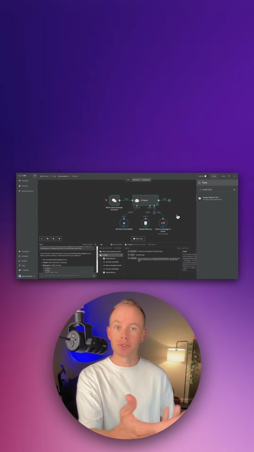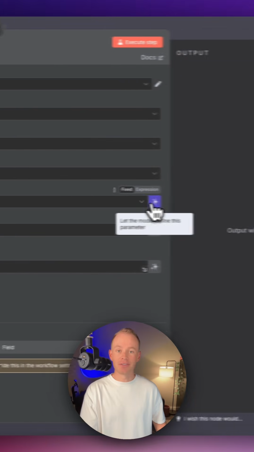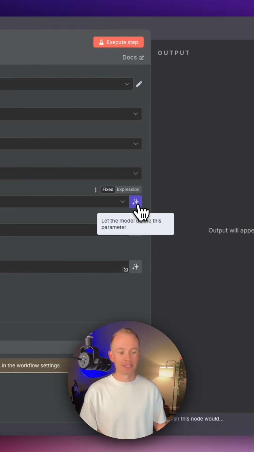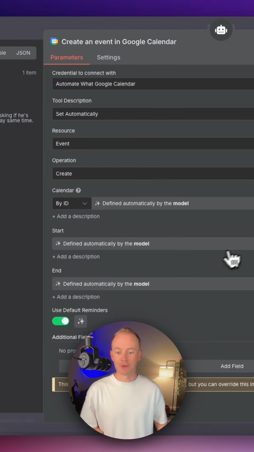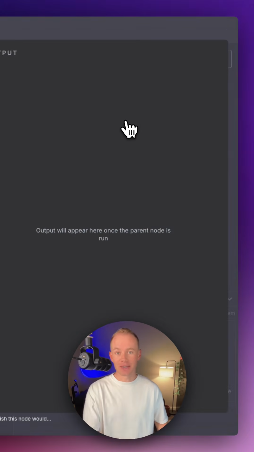Or if I want the agent to be able to schedule calls, then I just look up my Google Calendar tool, add that right here. And again, I love N8N because I can just let Grok 4 decide what to put into all of these fields right here. I can also connect to Airtable if I want to, or even Slack to send messages, or